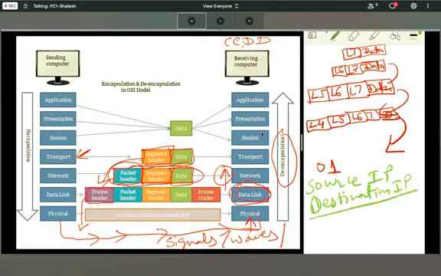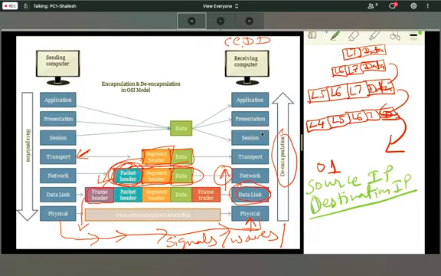It will remove the packet header. On the network layer, the PDU is the packet header. It will remove the packet header and it will only check the destination address. If the destination address belongs to the receiving computer, it will pass the data towards the transport layer, and if the destination IP address is not matching, it will drop the packet.